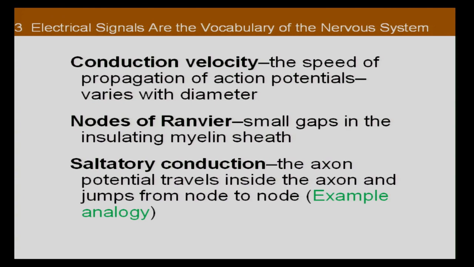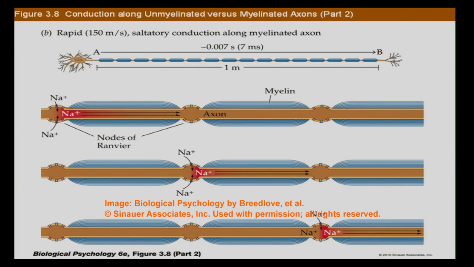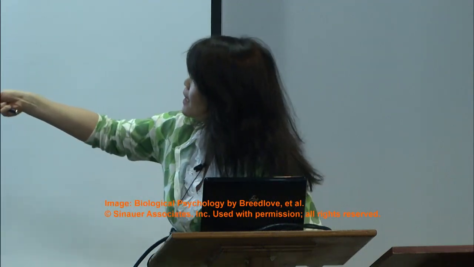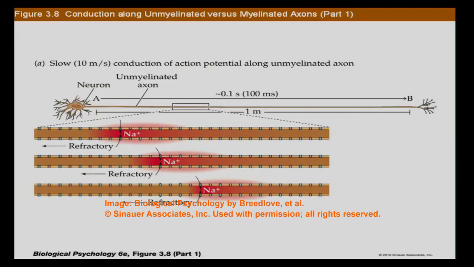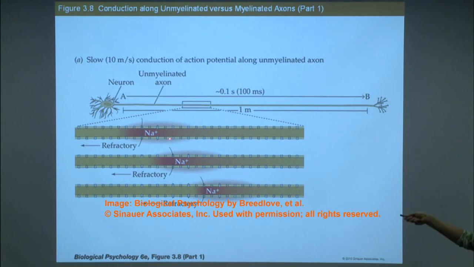Saltatory means jumping. And so what happens is, when you have the myelin coating and the nodes of Ranvier, the action potential in these myelinated axons travels inside the axon, and the action potentials actually jump from one node of Ranvier to the next node of Ranvier. So here is an unmyelinated axon, so the action potential has to be regenerated here, and then here, and then here,